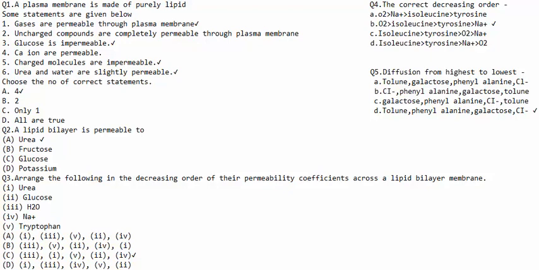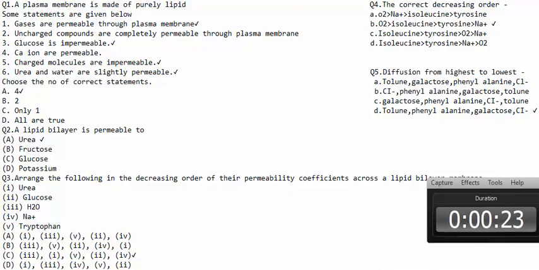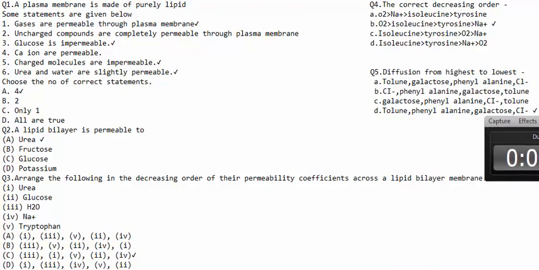Hello, in this video we'll be discussing the permeability of the lipid bilayer. We have already discussed the lipid bilayer structure. Because of the chemical and structural nature of the phospholipid bilayer, in the center the hydrophobic core is present, and the phospholipid consists of a polar head and a hydrophobic tail. So you can see that only lipid soluble molecules and fat soluble molecules are